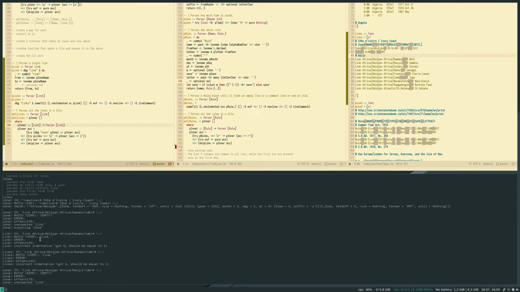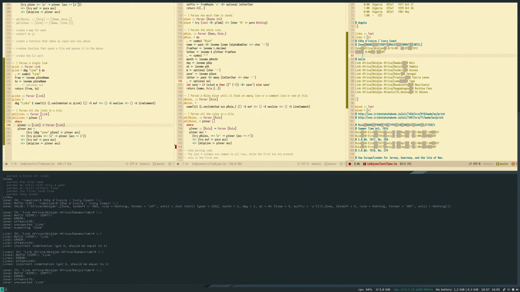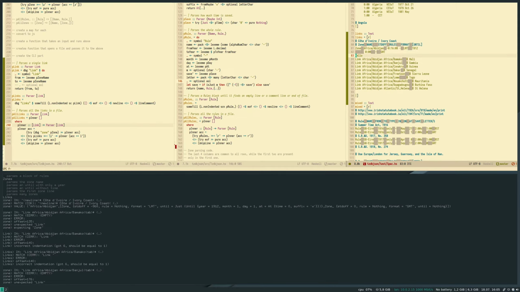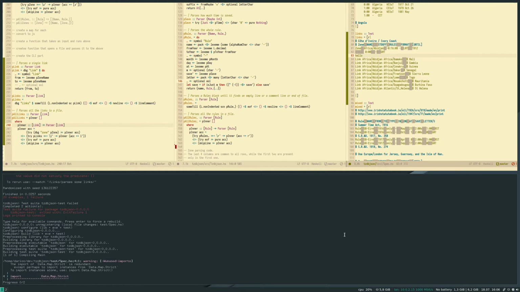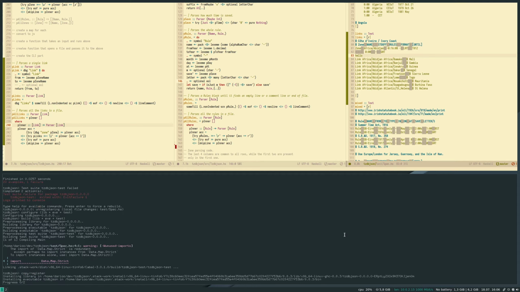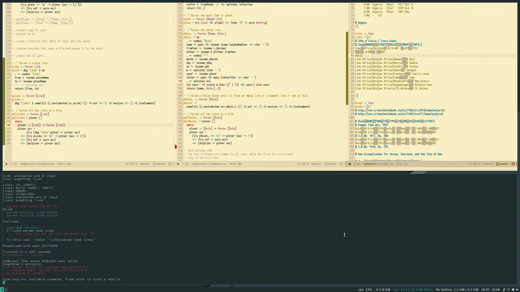Zone, link. Indentation is 6. Let's use something that's not gonna be skipped by the comment stuff. So let's try this. I feel like this should work. No, still not working.